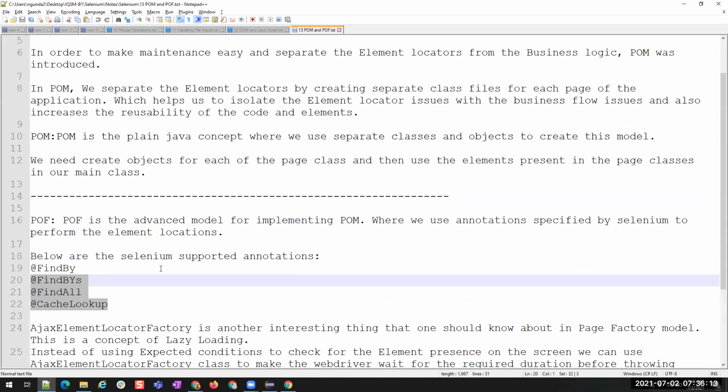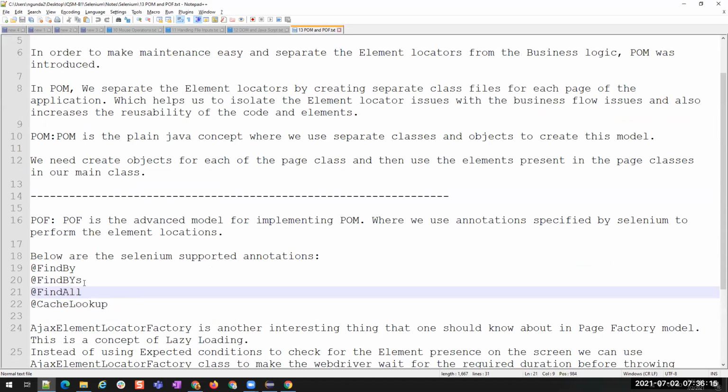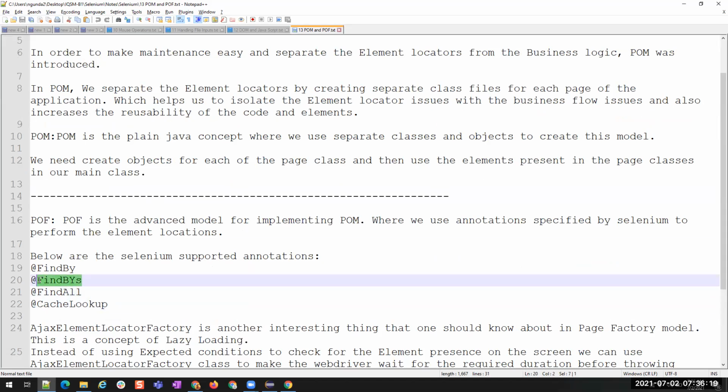Okay, right. Now, @FindBys and @FindAll. So these are 2 extra annotations or 2 extra features that are provided by your Selenium WebDriver in finding the web element locators.